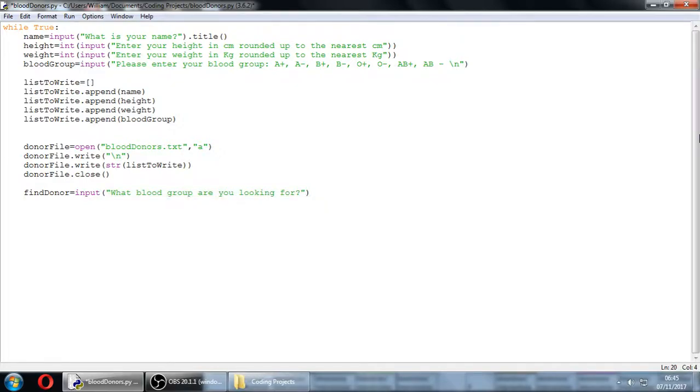And then we're going to open up our file, the same way that we did previously. New donor file equals open, and we're going to open our blood donors.txt, and this time we're going to open it in read mode because we're trying to find something now. So we don't need to append or write, we're just opening it in read mode. And then we can use this neat for loop, which is for line in donor file, which essentially says for every line in the donor file, so check every line, if find donor